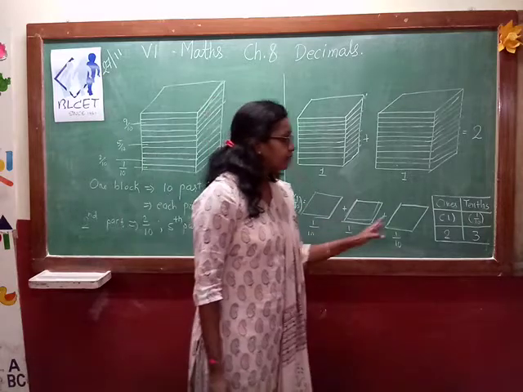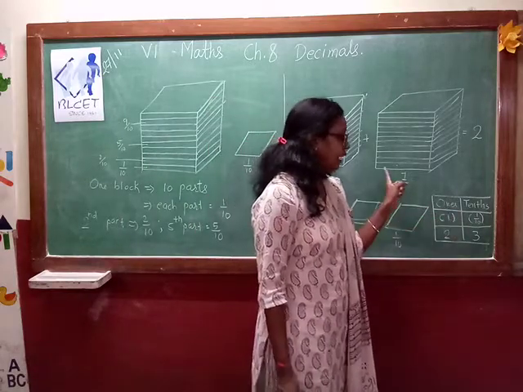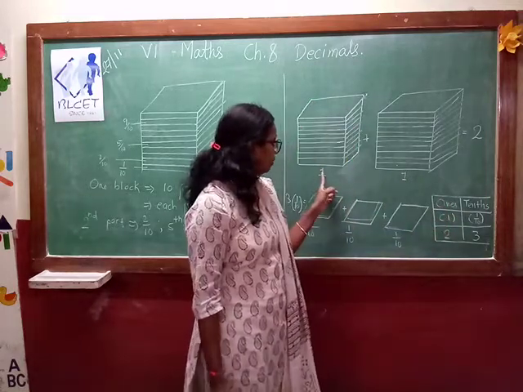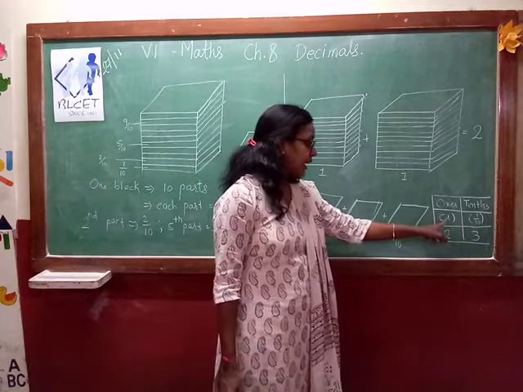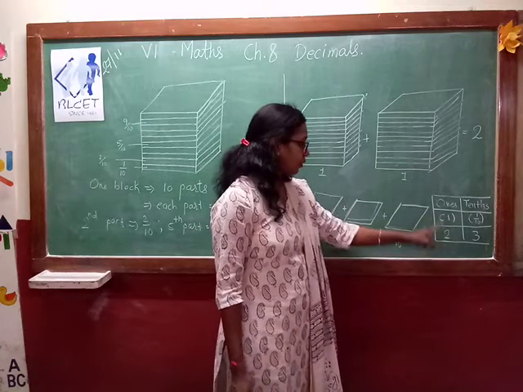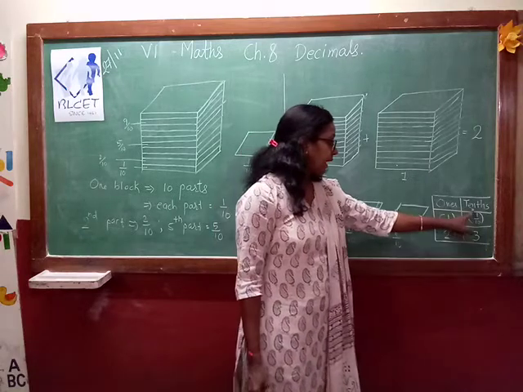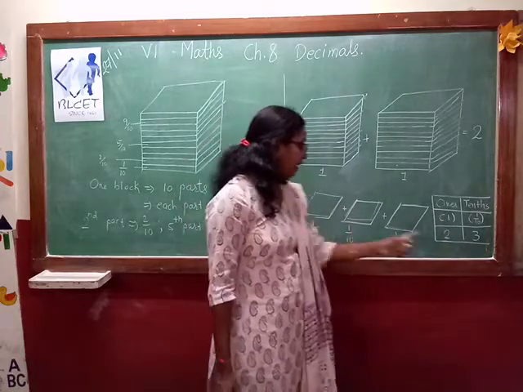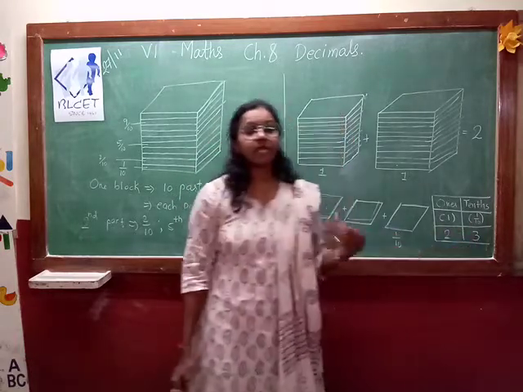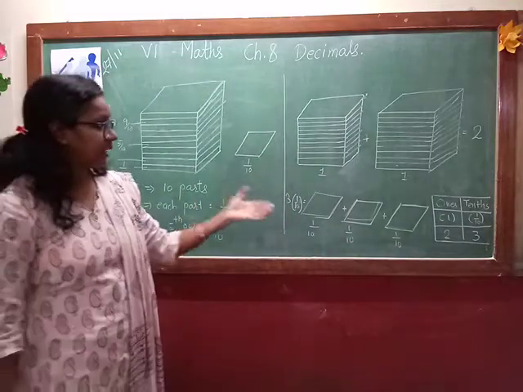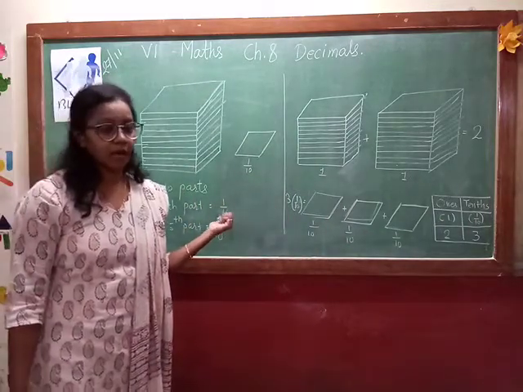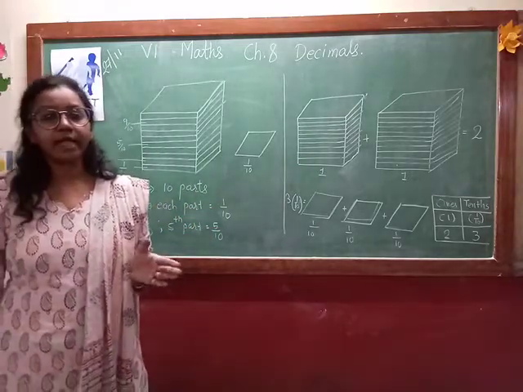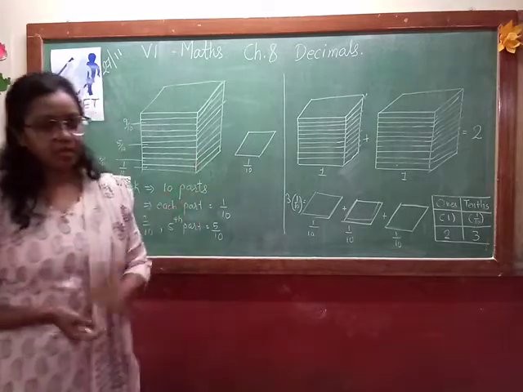When you write in terms of numbers, here we have taken ones and tenth place. So in ones place, how many 1 do we have? The ones place represents the place value 1. How many do we have? 2. So the value is 2 ones. In the tenth place, the place value is 1 by 10. How many 1 by 10 do we have? 3. So the value is 3. So this way we can represent in terms of place value whatever decimals we have. So this is all about the concept of tenth and how we represent tenth in terms of decimal with the help of this diagram. Thank you.